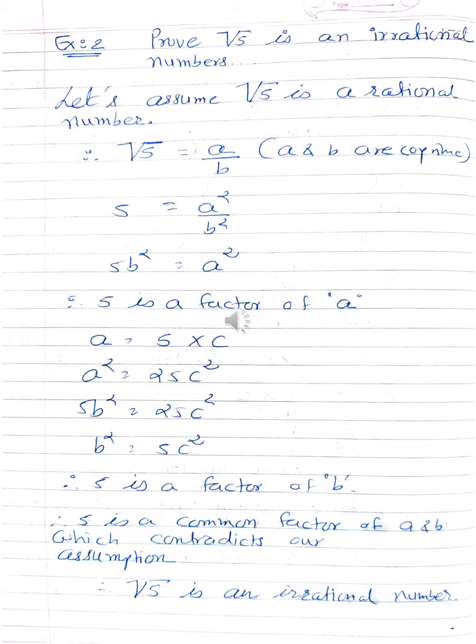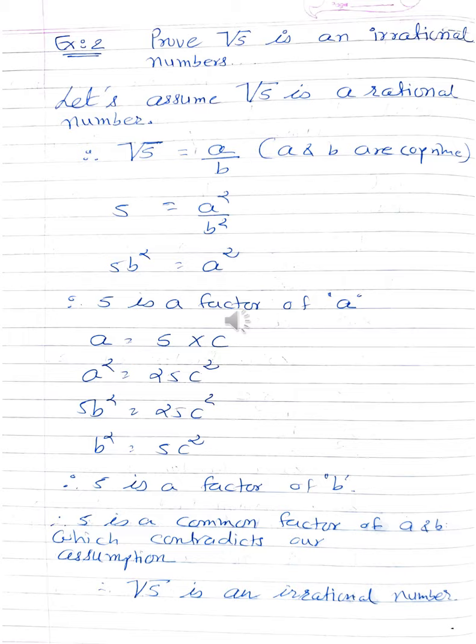Remember, very important, the thing we have written in the bracket is the base of the sum over here. a and b are the co-prime numbers. Now squaring on both sides, I am getting 5 equals a square upon b square. Transposition, then I am getting 5b square equals a square. So I can say that 5 is a factor of a. Now we are going to use this line to solve the sum further.